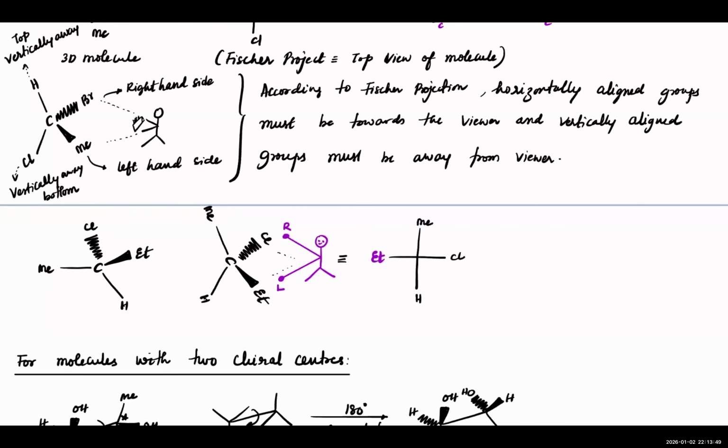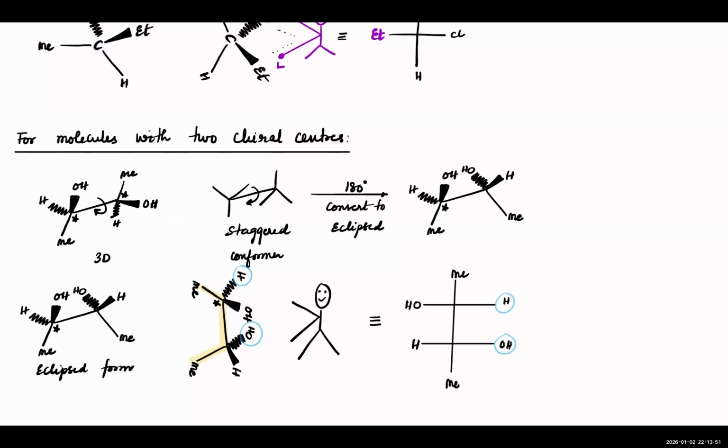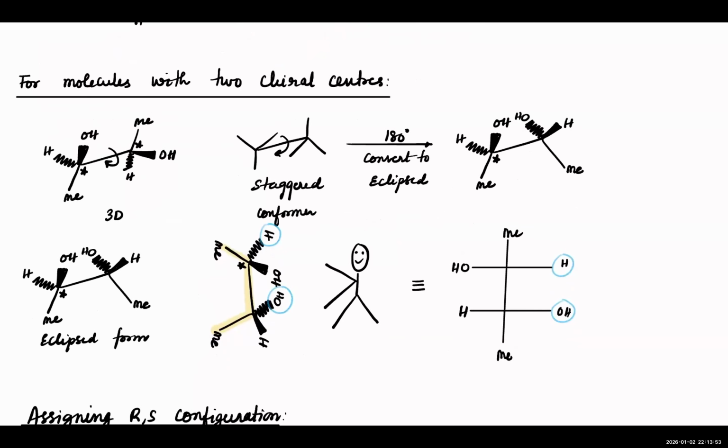Clear now? And if a molecule with two chiral centers is given, in case you have two chiral centers, that means this is a carbon which has four different groups, and this is a carbon which has four different groups. So these two are the chiral centers. Then